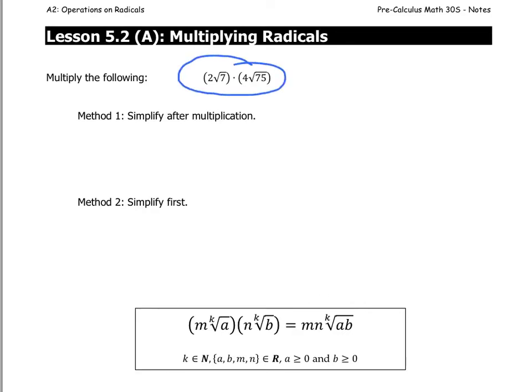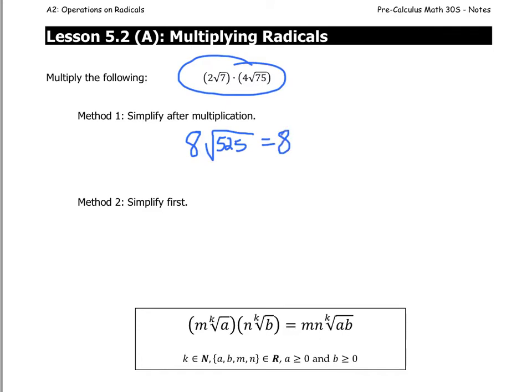Okay, the first method here is just going to simplify after multiplication. So we're going to multiply the 2 times 4, which gives me 8. And now we're going to multiply root 7 times root 75. So we need 7 times 75. That gives me a whole 525. Okay, and now technically I'm done, except for the fact that I have to simplify this to write a final